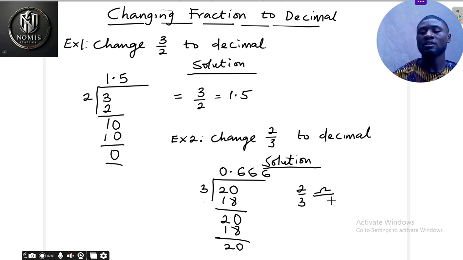So 2 over 3 is equal to and approximate to 0.67. How did I get 7? Because at 2 decimal place, after the 2 decimal place, the next digit is up to 5 and greater than 5. So once it's up to 5, I can convert it to 1 and add it to the previous digit, making it